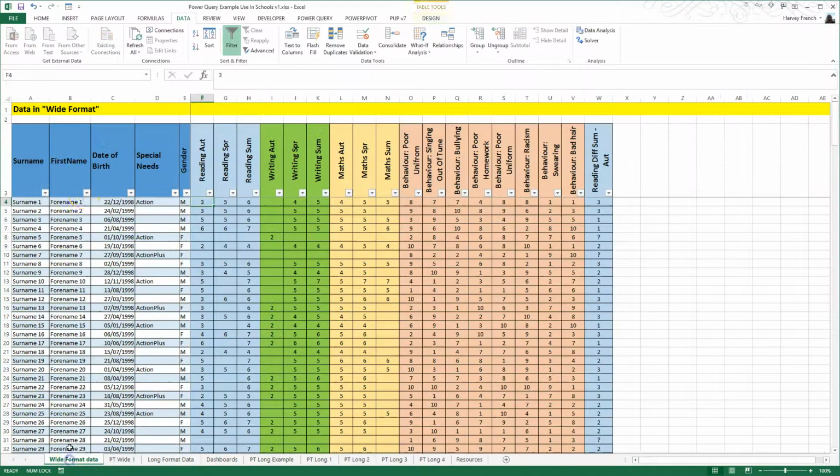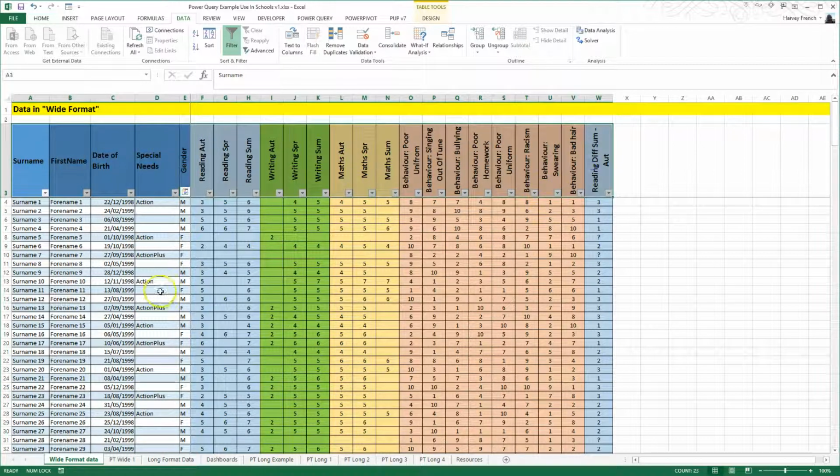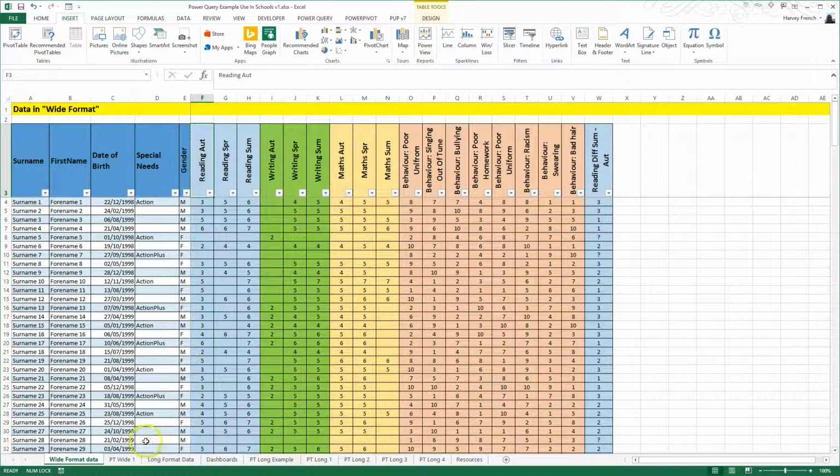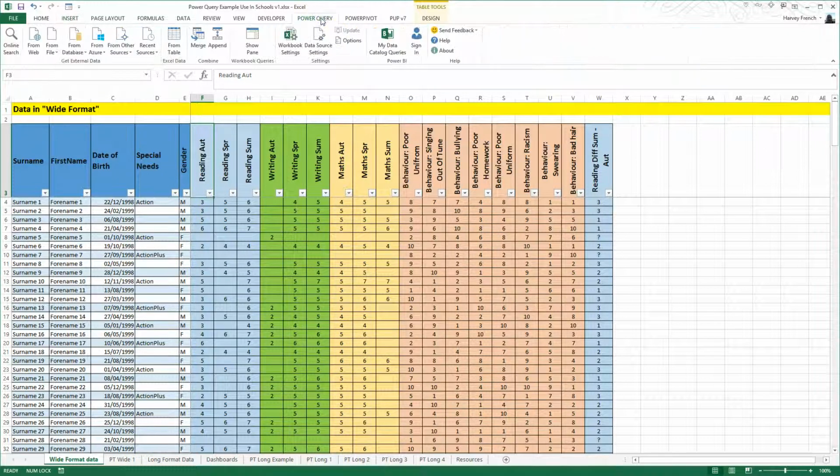Well, as you can see, the wide format data is in a good table structure. It's got a column heading for each one, and I've actually converted it to an Excel table, which you need to do by pressing that button there, and I've done that already. And then simply you get the Power Query add-in, which I'll give you links to show you how to install, and then you need to start working with the existing data in an Excel spreadsheet. So I'm just going to say I want to work with the from table,